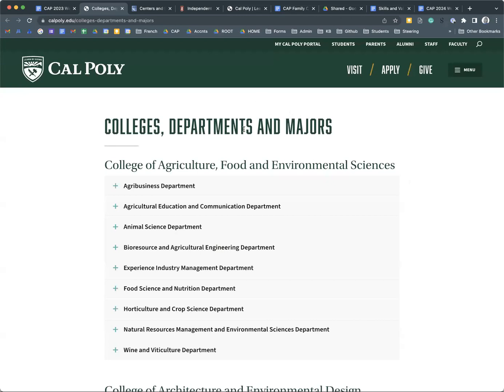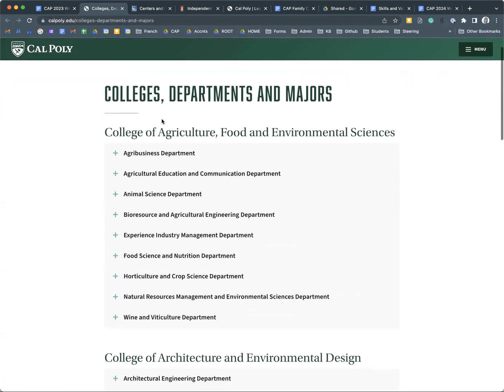So to take a look at majors, this will be one of the most important things that you're doing. And the search is pretty basic. Again, you're going to do the name of the college. In this case, we are looking at Cal Poly, and I did Cal Poly plus majors, right? That's it, search terms. And the other thing that distinguishes universities is that they have multiple colleges.